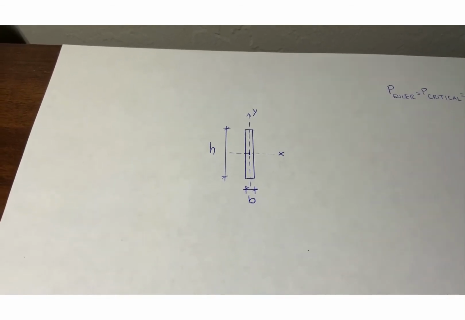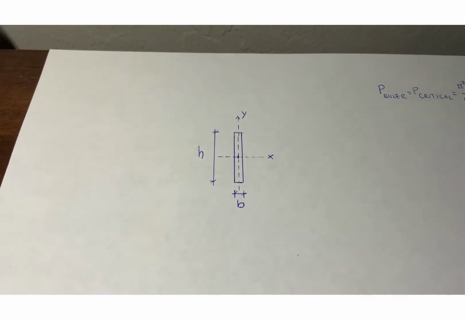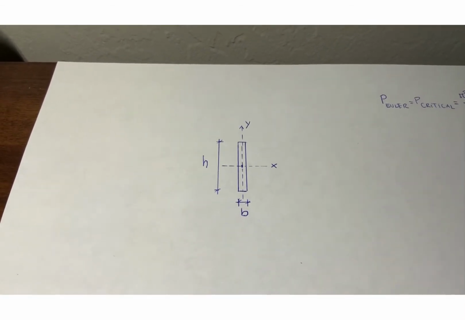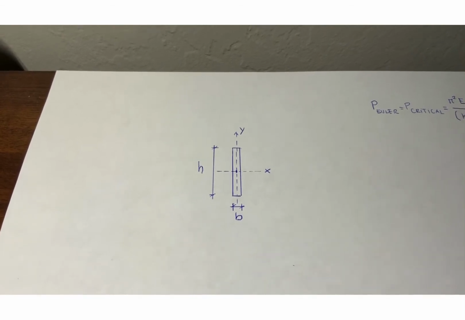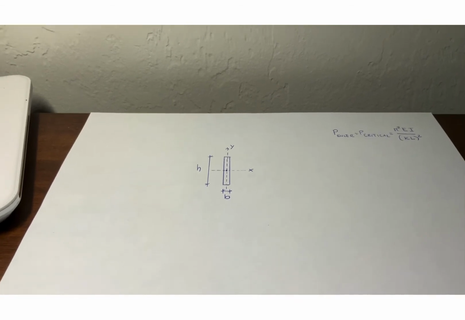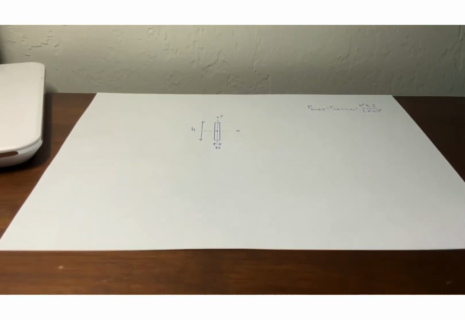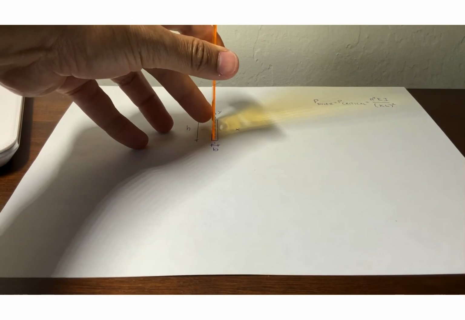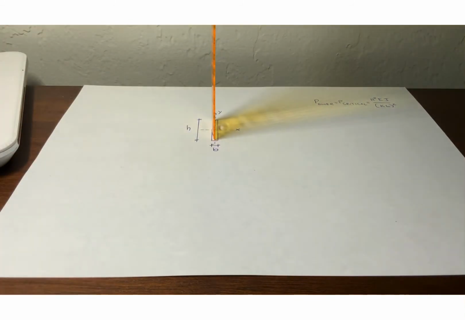Let me call X the axis perpendicular to H, which is the length of the cross section, and Y the axis perpendicular to B. So in that, let's see how the member buckles. Let's show it in here. You see the member we're just talking about, and now let me put the H and B for the cross section. Now if I compress that member, you can see the member deflect laterally